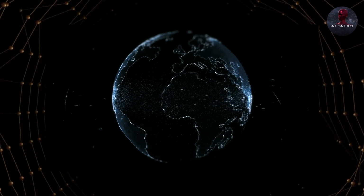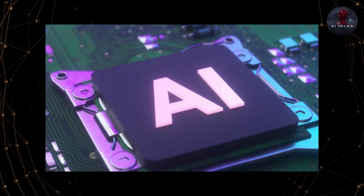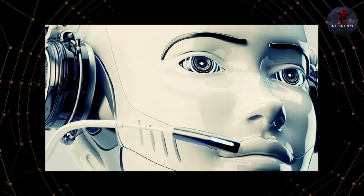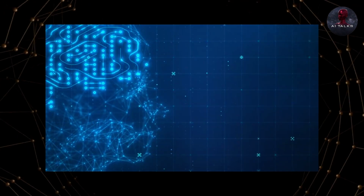When combined with complementary innovations in AI, robotics, and cloud computing, Nvidia continues to push boundaries and turn imagination into reality with offerings like Flexicubes. The future is meshy,